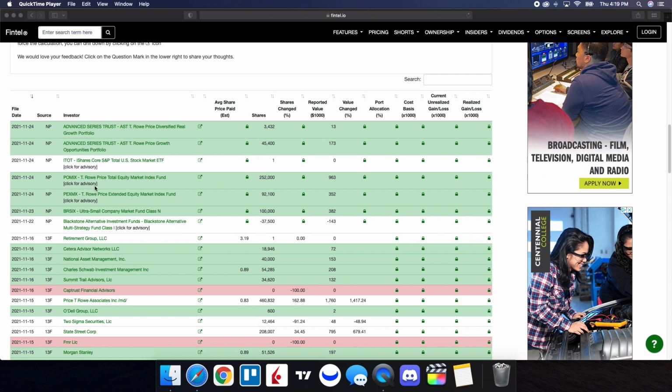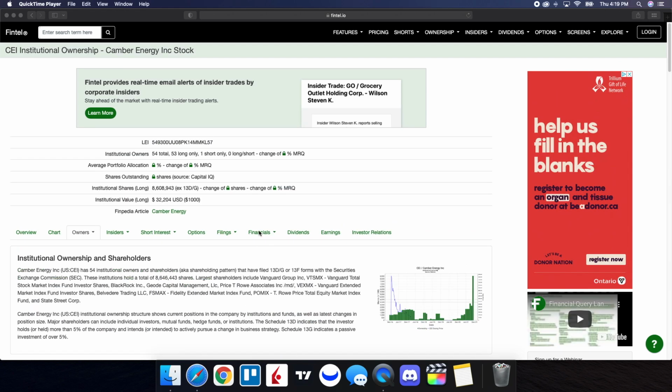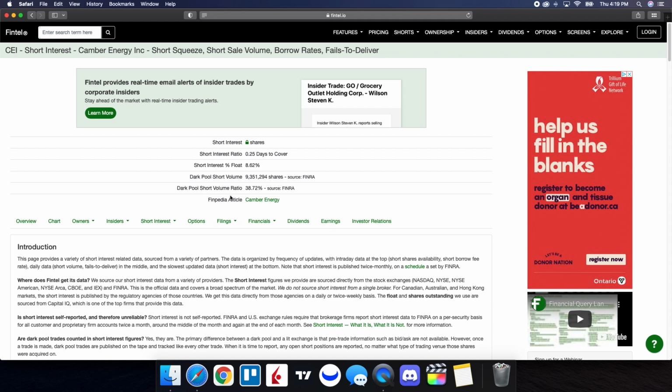We also have POMIX T. Rowe Price Total Equity Market Index Fund that purchased 252,000 shares. And we also have PEXMEX T. Rowe Price Extended Equity Market Index Fund that purchased just over 92,000 shares as well. Now, when we take a look at the short interest, the dark pool short volume ratio is at